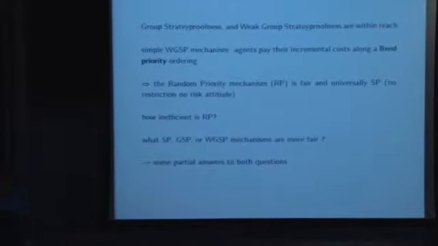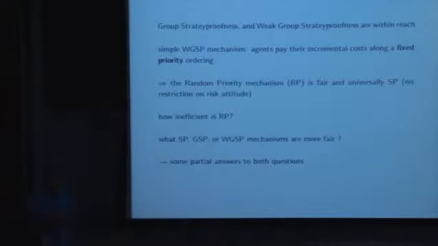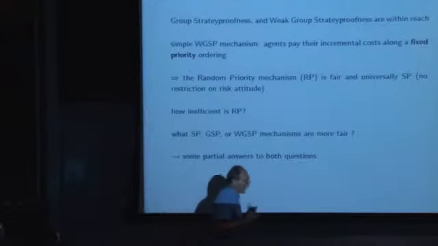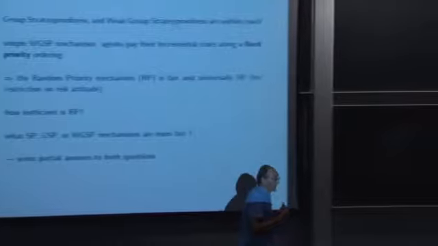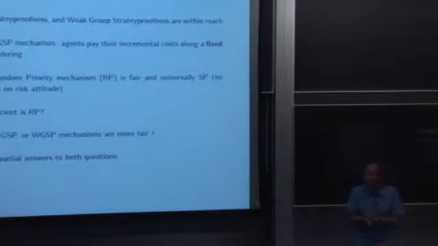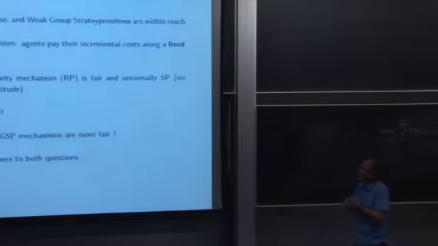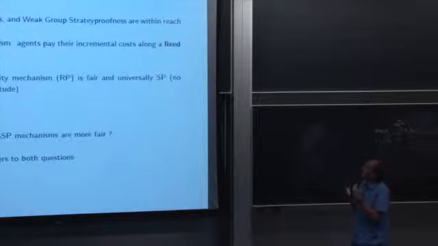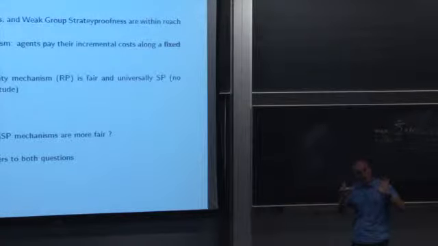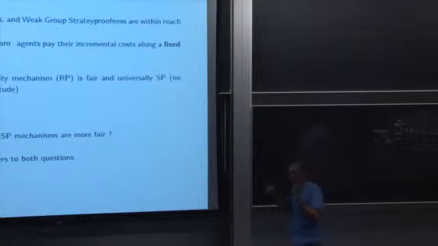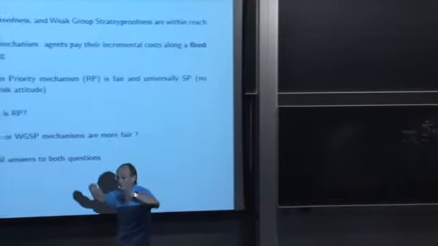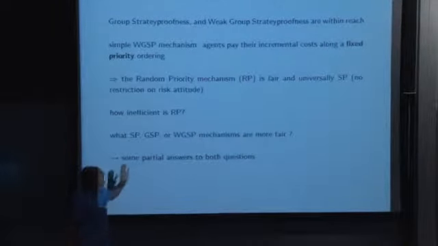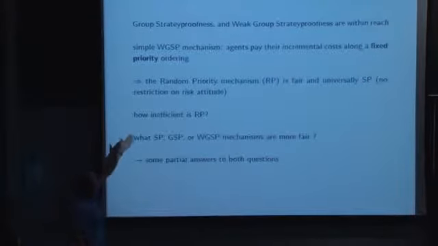All right. Now, just as a starter to see why we are so interested by strategy proof mechanisms, because from the lecture yesterday you could get the impression that trying to get something strategy proof and reasonable is a little bit crazy. But in fact, in this model, group strategy proofness, or at least the weak form of group strategy proofness, where you only require that no coalition can find a way to strictly improve the utility of all of its members, that's clearly within reach, because consider the simple